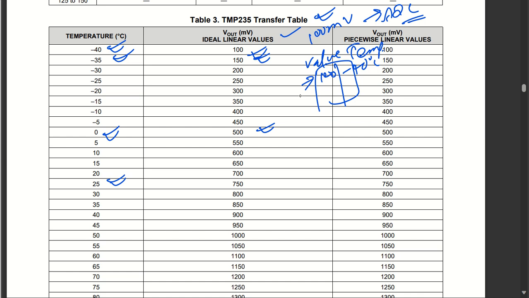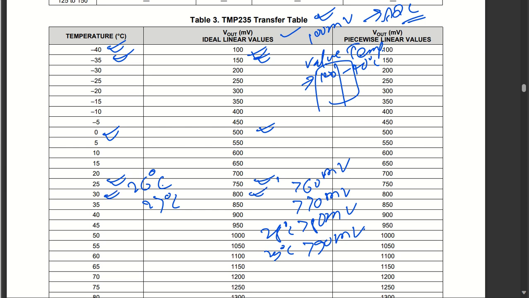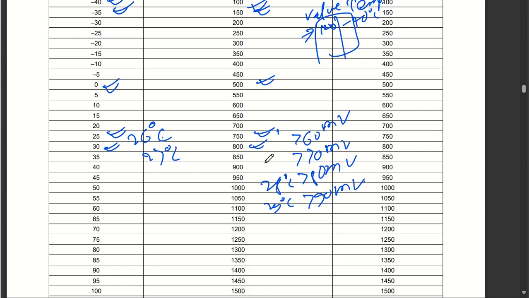You can see at 25 degree centigrade, it is having 750 millivolt. And let us say I have 26 degree centigrade, then what will happen? 760 millivolt. Then 27 degree centigrade, what will happen? 770 millivolt. Then 780 millivolt. And then 790 millivolt at 29 degree centigrade. Okay, and 28 degree centigrade, and then 800 millivolt at 30 degree centigrade. So for each 10 millivolt difference, you will be able to get your corresponding